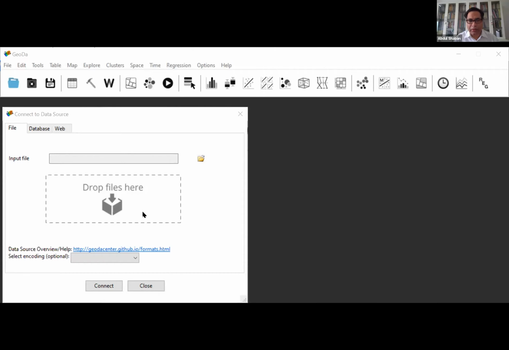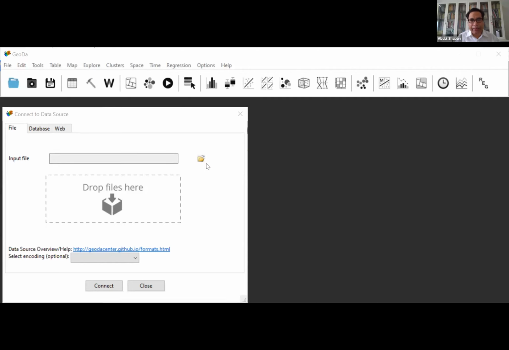So now, as I told, I'm repeating certain things. Once you open Geoda, you will find these toolbars, actually menu, and then you have this box opening where you have to open the input shape file, or your file which is suitable to be opened in Geoda. As I told you, you can drop the file here, but it is better to locate the file in the directory where you have kept it.